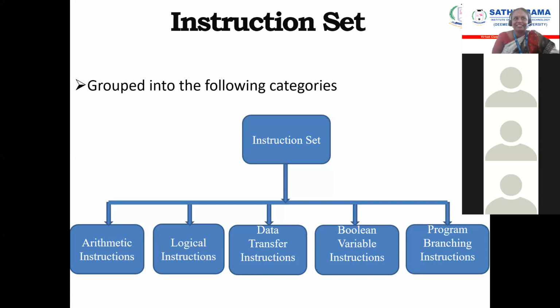Data transfer, what are the data transfer instructions, ma? One popular instruction in data transfer. Very good. MOV is the popular data transfer instruction, used to transfer the data between registers. Now we have discussed the addressing modes. Now the same instruction only we will